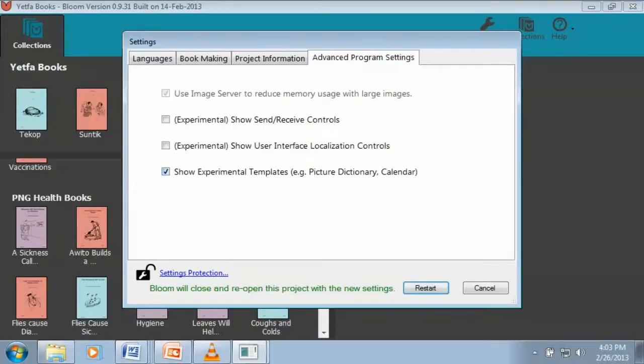The question was, all she can see is the basic book, no picture dictionary, and no wall calendar. Is that true for most people? Sorry. Okay. If we click on settings, and on advanced program settings, I have show experimental templates clicked. So if you choose that and restart,